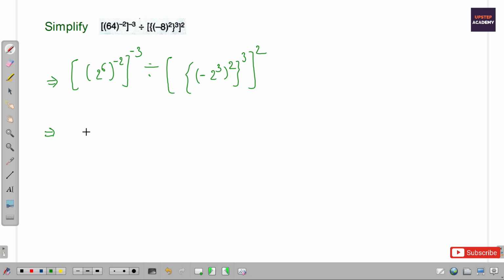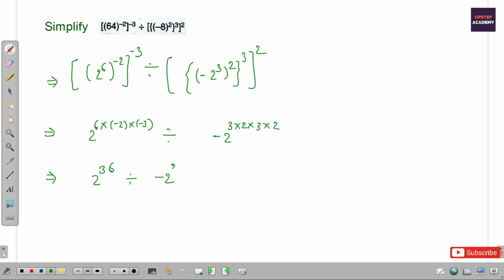Let me write second step. 2 to the power 6 into -2 into -3 I can write, because according to power law of exponents I can multiply the powers of the one number, whole divided by -2 raised to 3 into 2 into 3 into 2, right? So the next step will be 2 to the power 6 into 2 is 12, and 12 into 3 is 36, and here minus sign will get cancelled, it will become positive, and this divided by -2 raised to 3 into 2 is 6, 6 into